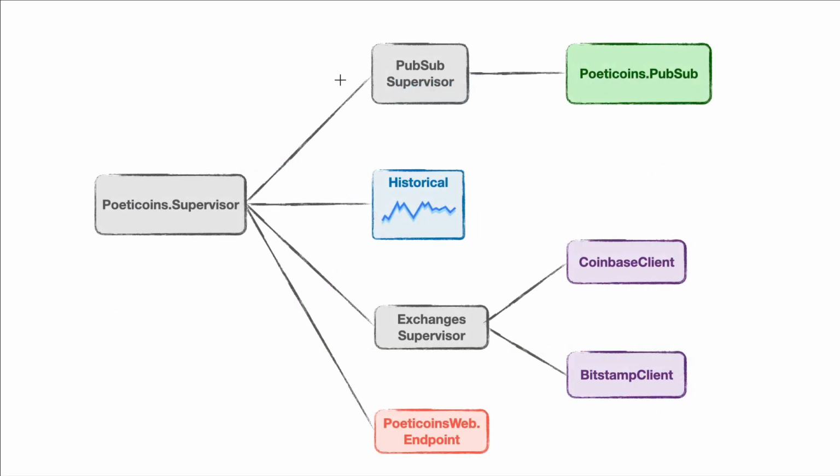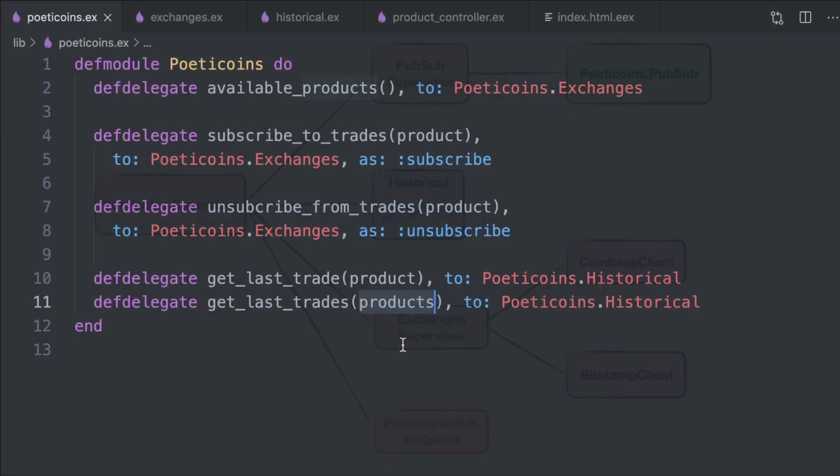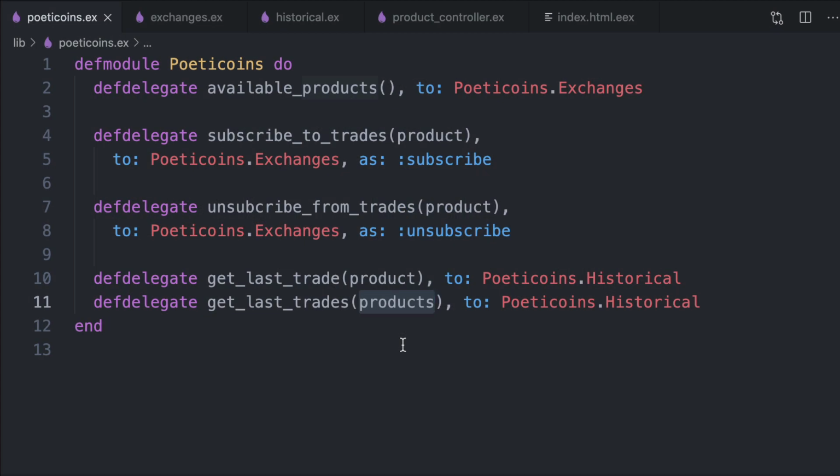Everything is supervised and automatically started when the application is launched. To use the application functionalities, we'll mainly use the functions in the Poetic Coins module, which is our public interface. At the moment, the functions are available products, which returns a list of products supported by the application, then subscribe to trades, which subscribes the calling process to the PubSub topic to receive new trades for the specific product,